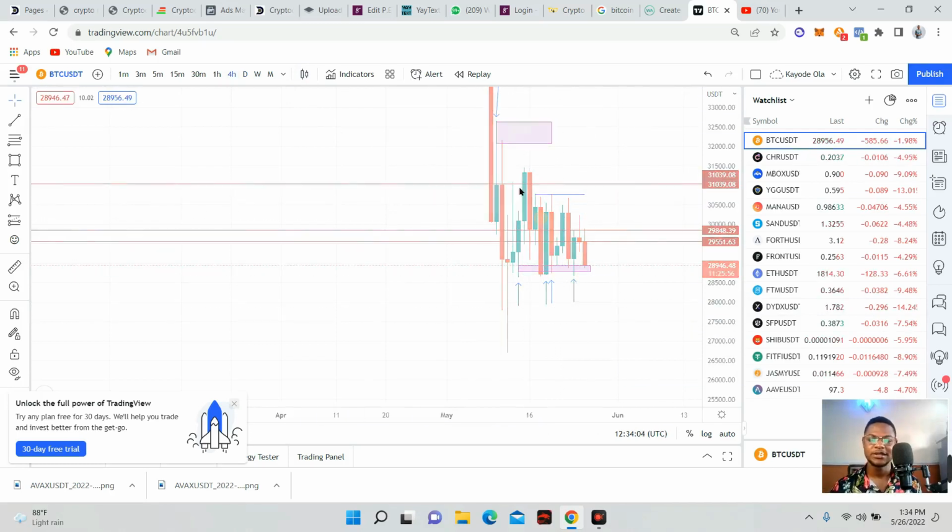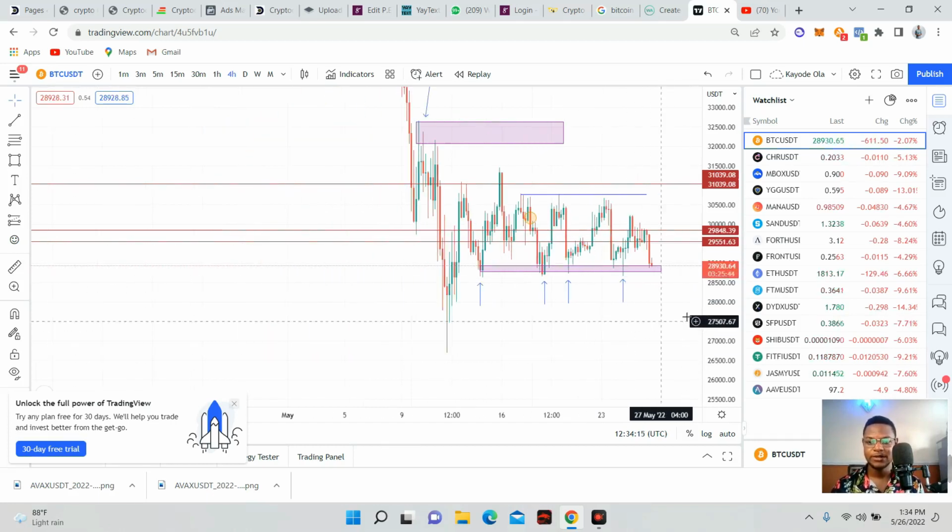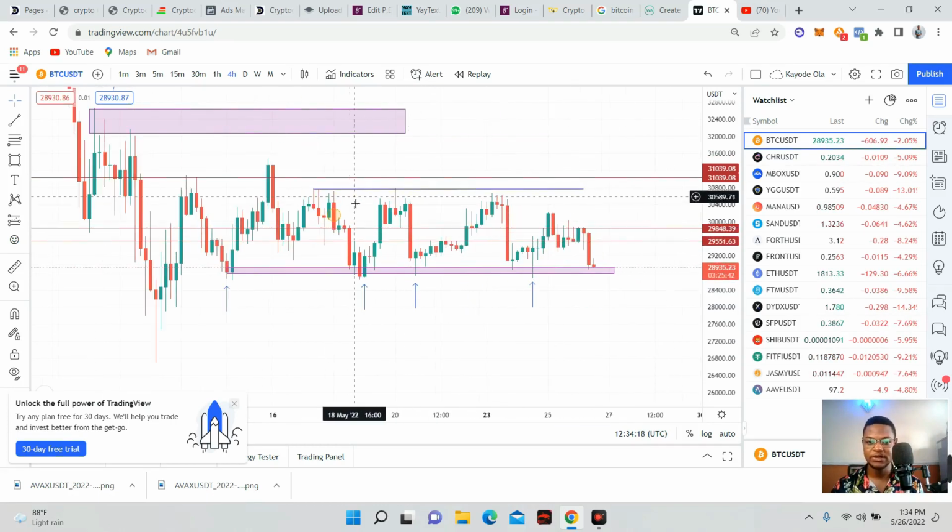So this particular market is for what? It is for day traders, not swing traders. That is why I say day traders need to have more time. For a day trader, it is as simple as selling the top and buying the bottom. But